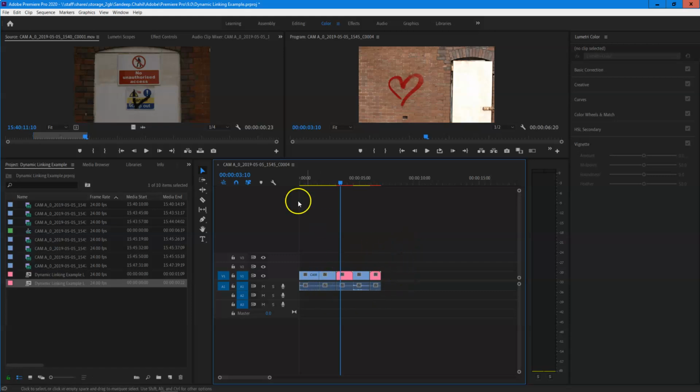Now, when you're done, at some point, you can then just render this out either directly from here, or you can render it out from After Effects. Now, what I would suggest, and we'll look at this when I do a video on creating a video breakdown as well, and we'll have a look at how dynamic linking could help with that a little bit. Generally, what I would do with a project is create multiple timelines. So I'd have a timeline which just contains my edit, a timeline which contains my dynamically linked files,